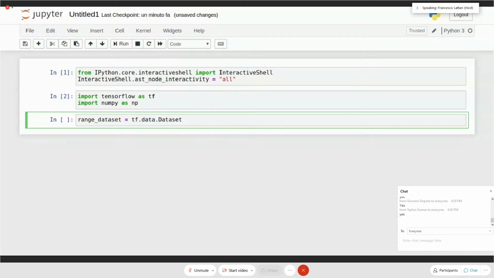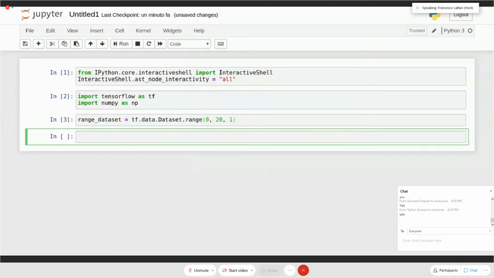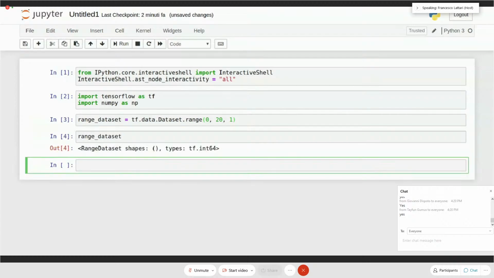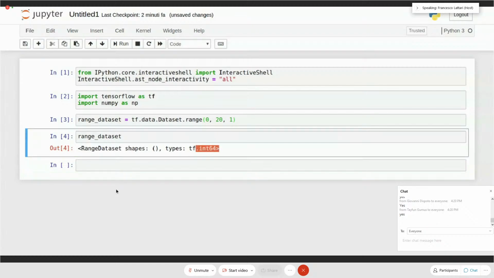So let's call tensorflow.data.Dataset, and we can create a range dataset by using the range method, giving the start, the end, and the step. Okay, so we have a range dataset object made by integer 64 bit,